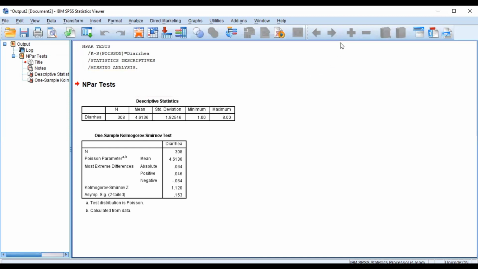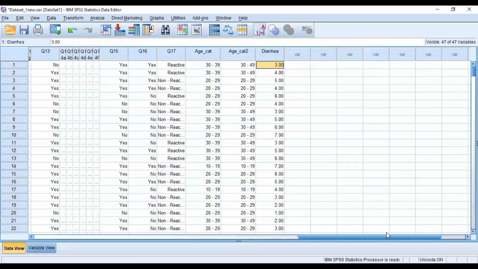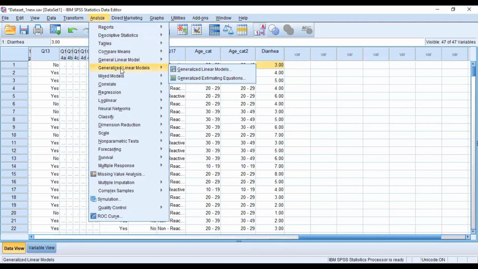Another thing you want to do is to be able to decipher whether your model, which you are going to develop, suffers from over-dispersion, under-dispersion, or equi-dispersion. And where there is over-dispersion, there is the need for you to run a negative binomial regression instead of the Poisson regression model. And so to be able to do that, we'll come to Analyze, and then we'll go to